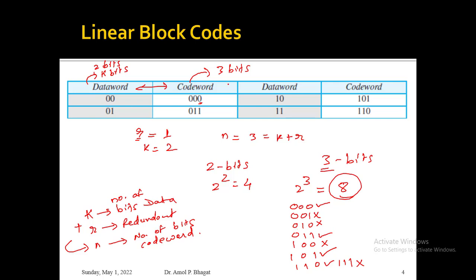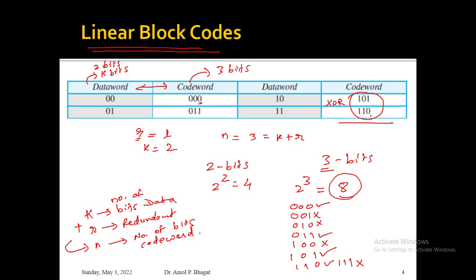So in case of linear block codes, why are these block codes called linear block codes? If you XOR any two valid code words, you will get another valid code word. Just for example, if I am performing the XOR operation on these two code words, its XOR will be